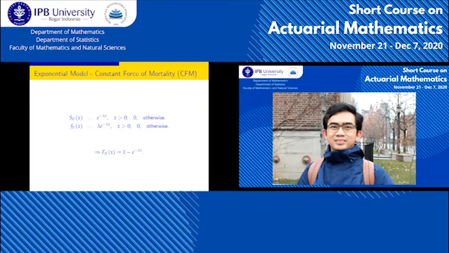Okay, the result of the integral will be negative e to the minus lambda s divided by lambda, from 0 to x, which is 1 minus e to the negative lambda x. So you can easily see the formula for the survival function: the survival function is 1 minus the distribution function.